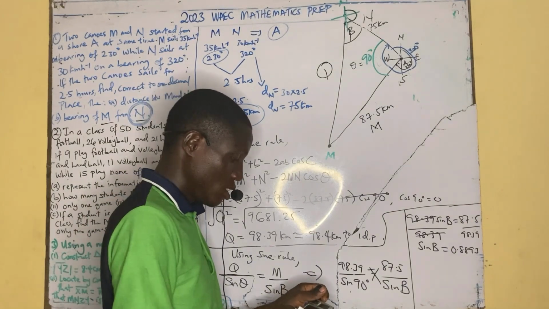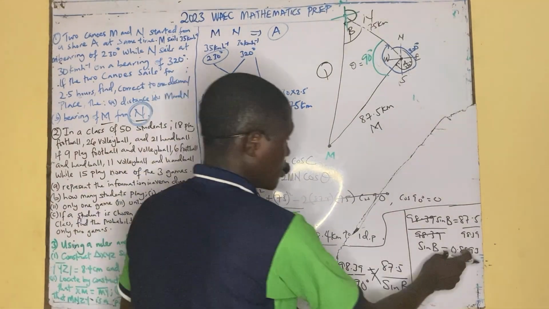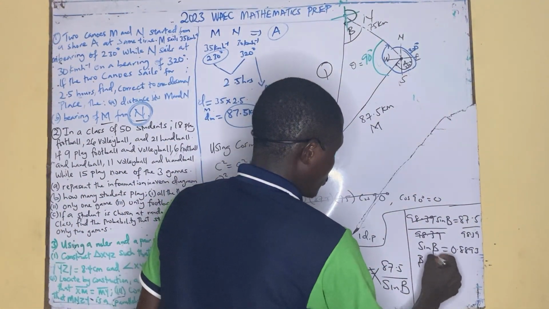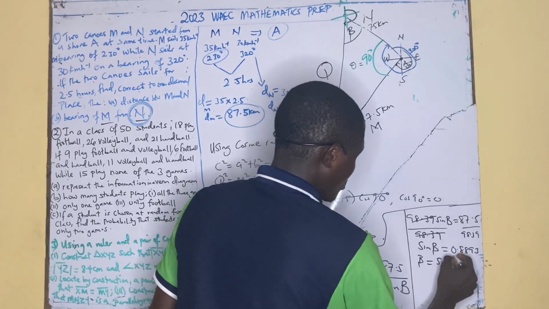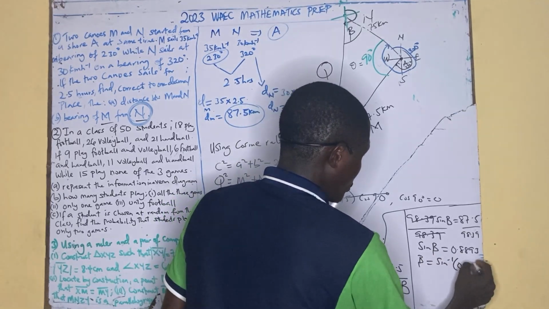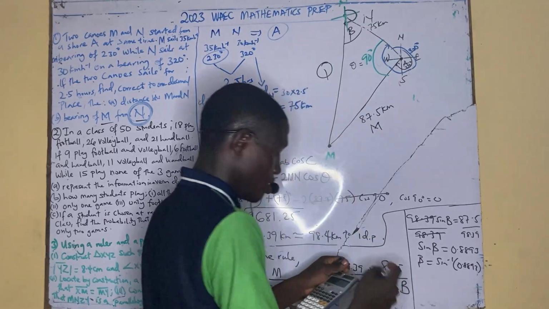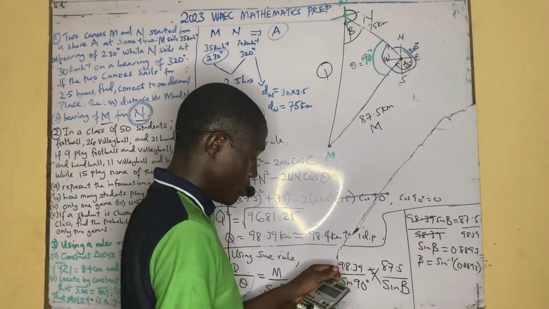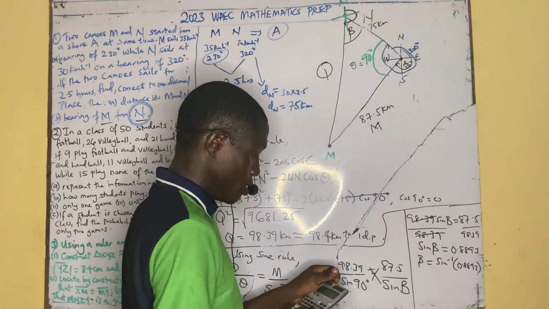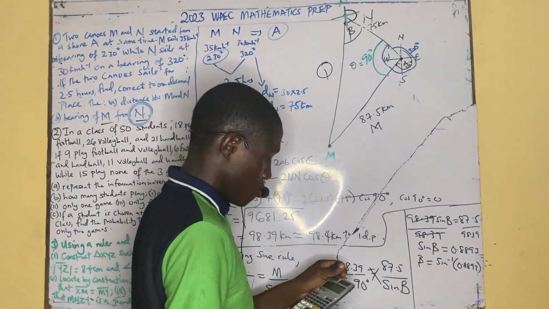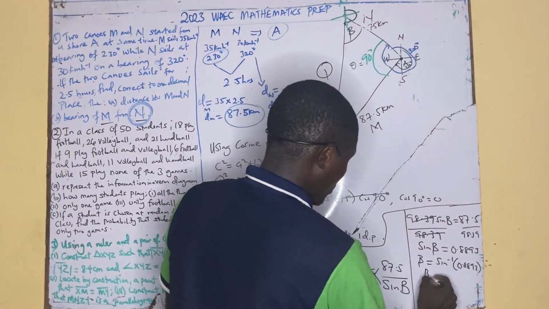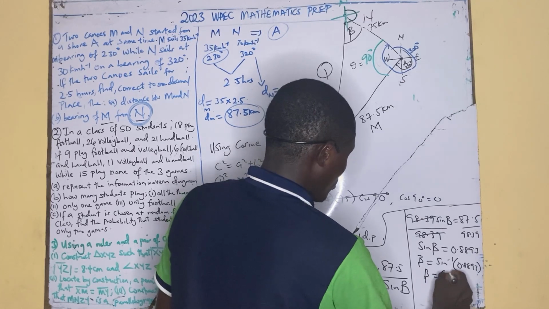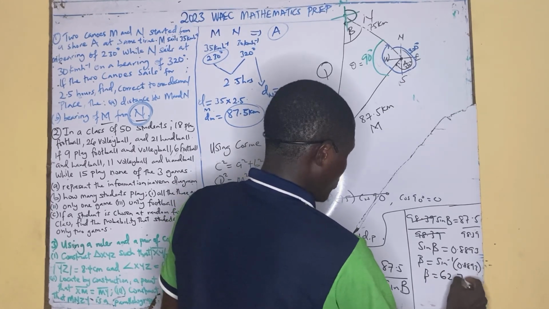So you use shift sine inverse of this to get your beta. So your beta is sine inverse of 0.8893. So shift this value, 0.8893. We've gotten B is equal to what? 62.78